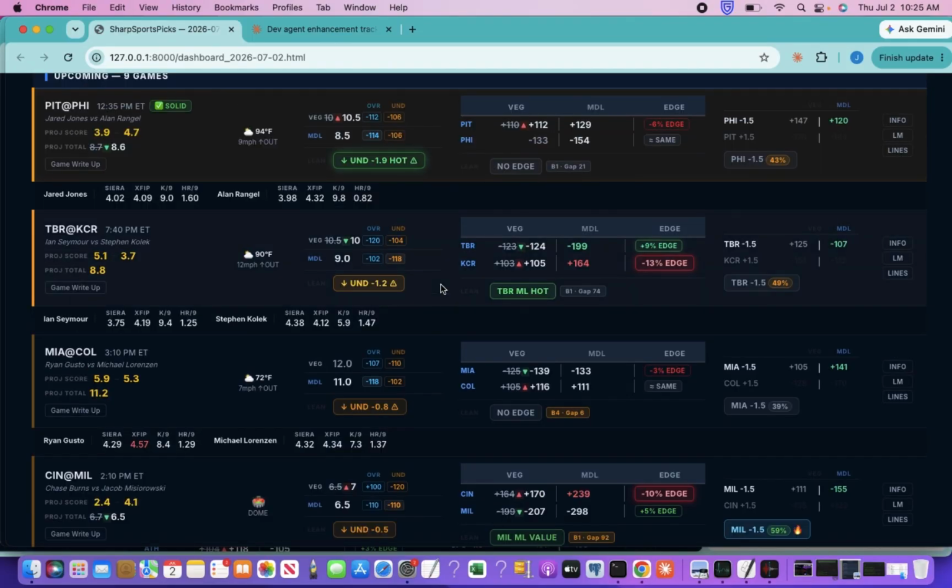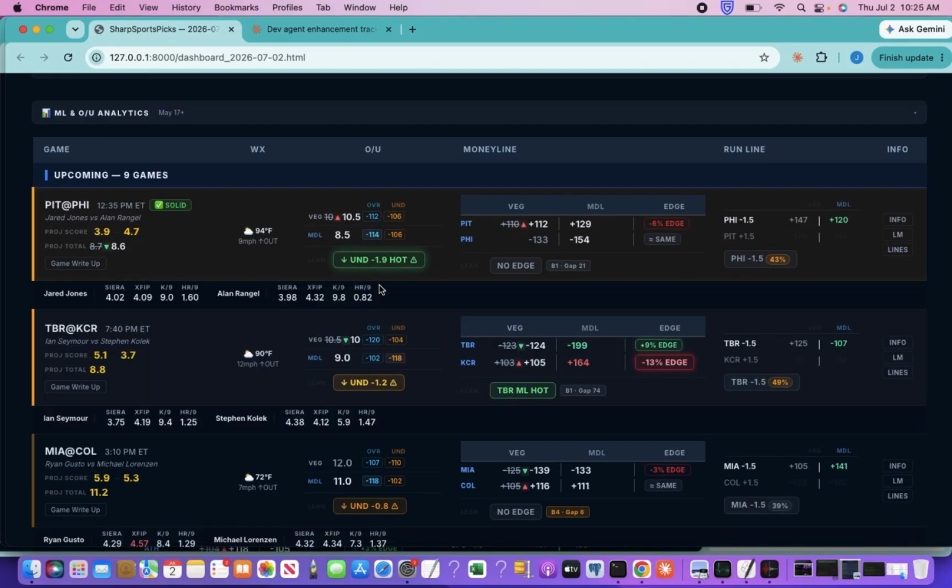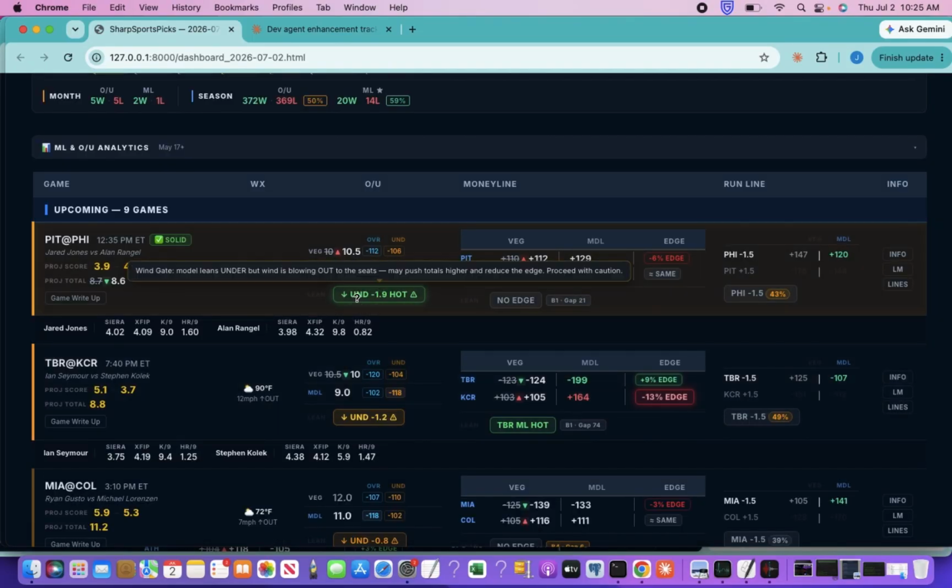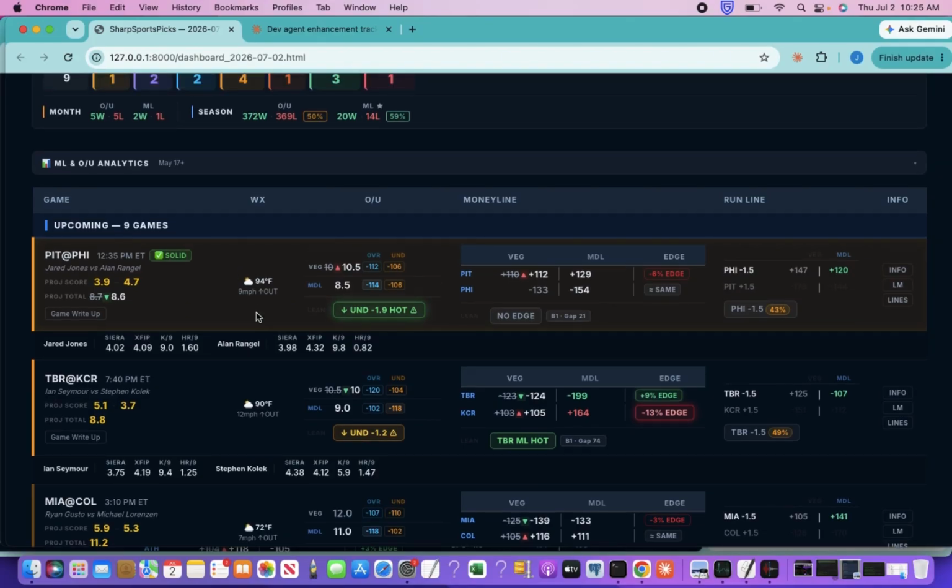And what the site's going to do is it's actually going to give you an opportunity to just see everything. So the next step is going to be working on the over-unders, having that same sort of matrix where you can check it out. We're kind of working on it, but I still want to get more info on that.